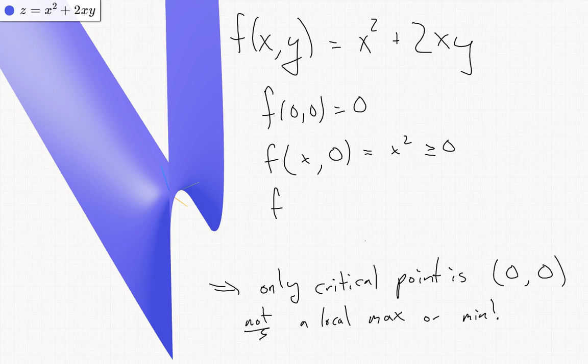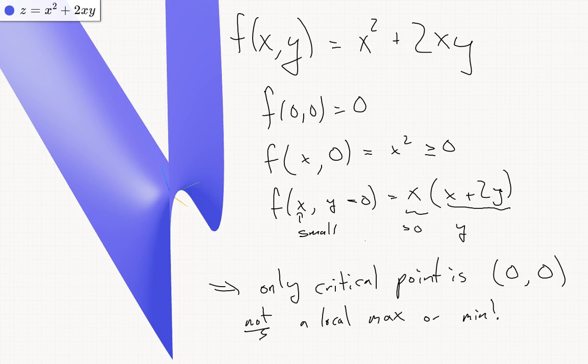But if we fix x small and y less than or equal to 0, so this will be x times (x + 2y). So if we pick x to be greater than 0, but y such that this is less than 0, then this will be